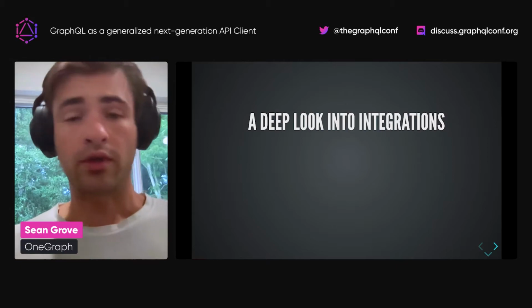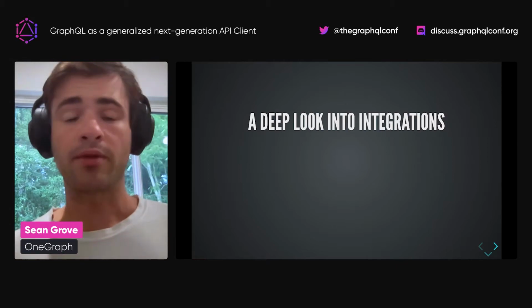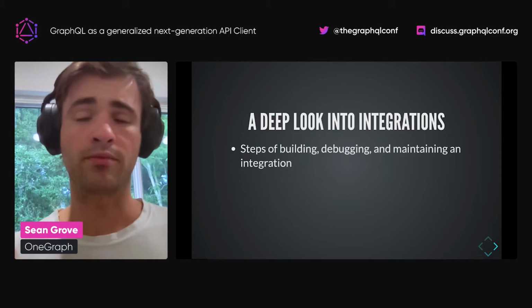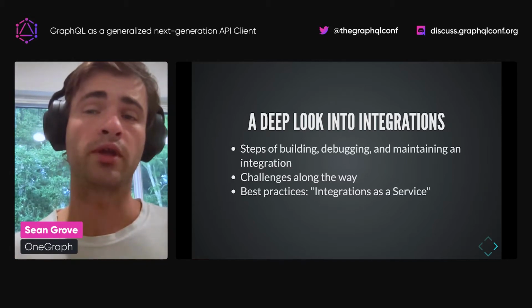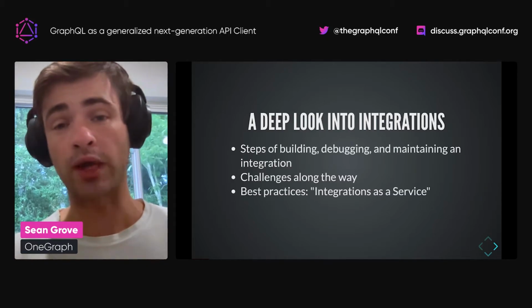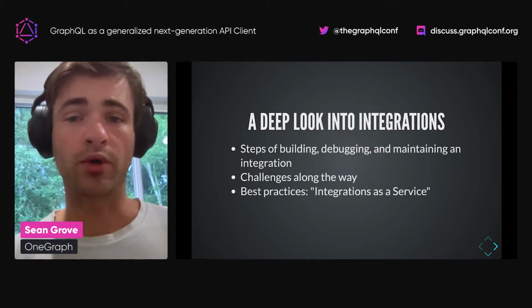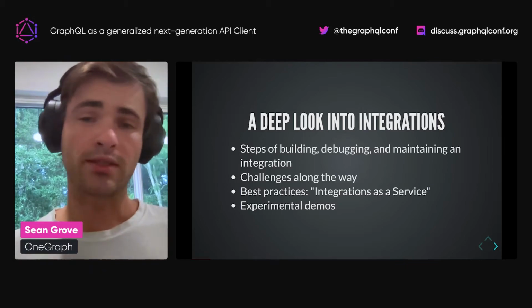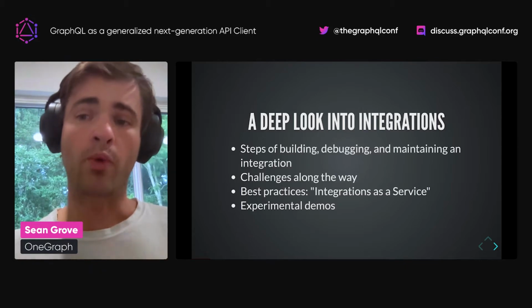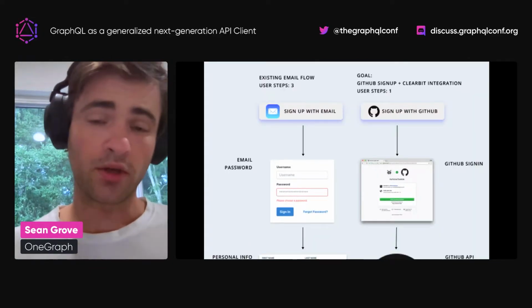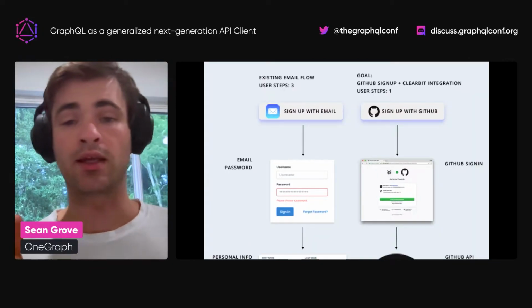So I'll be taking a deep look into integrations today, in particular, the steps of building them, debugging them, maintaining them, some of the challenges that come along the way, and some of the best practices that can be extracted so that you can build kind of an integrations as a service, if you will. And we'll also be taking a look at some of the experimental demos around these best practices that we've been working on. So for the purposes of today, the integration we're going to be working on is adding an enriched